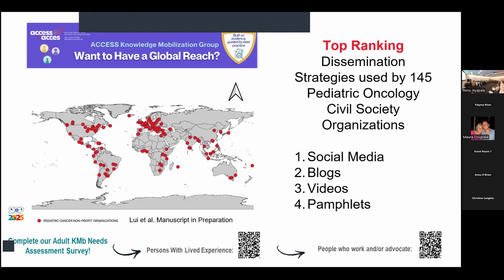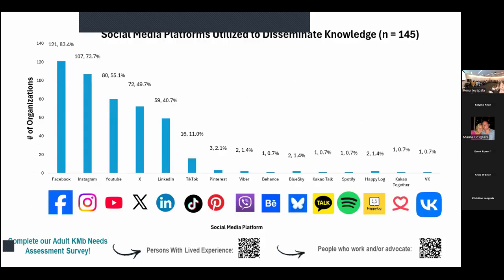If you want to have a global reach, we mapped out, to date, we've identified 145 pediatric oncology civil society organizations. And this is alongside the body of work that SIAP has already done to identify all the hospitals and clinics that provide care. Their top ways of disseminating knowledge are social media, blogs, videos, pamphlets. And so here, we mapped out all the social media platforms that these organizations are using, with Facebook being